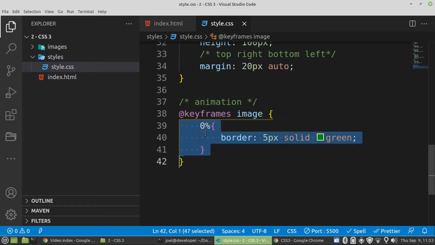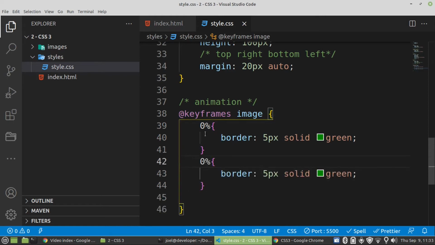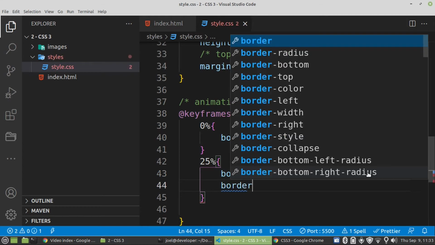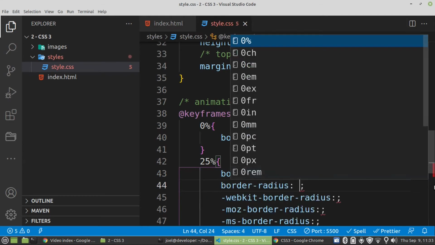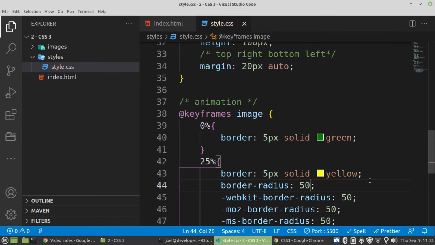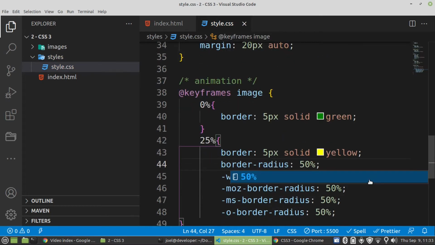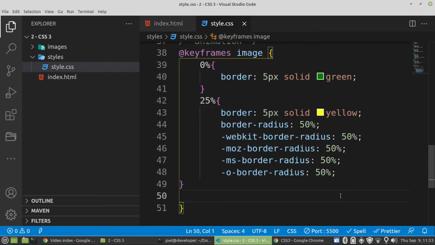Okay. Then once we get to 25%, we just have to move it from 0 to 25%. Once we get to 35%, we need to change it from green to yellow. Then after that, we need to apply a border radius. What is a border radius? It's just to make it a circle at 50%. Okay, and then